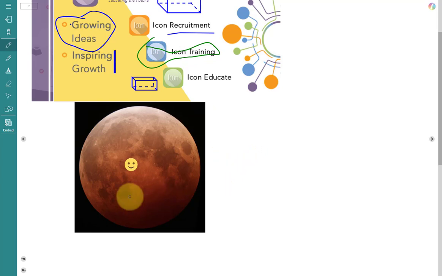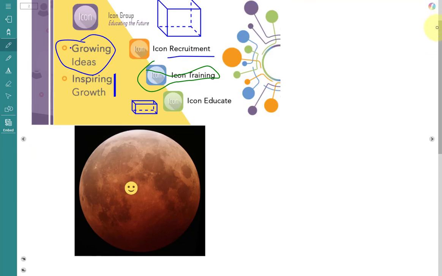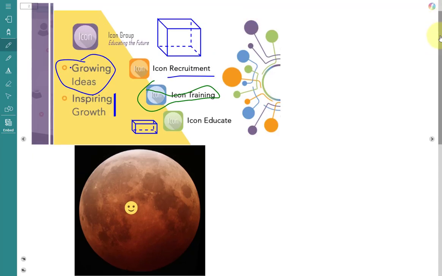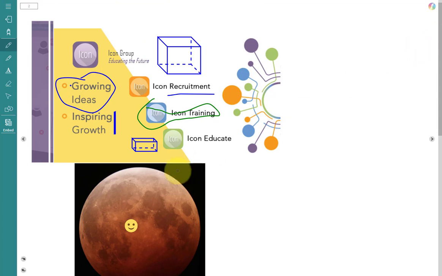I'm using a cursor. To the left and right is your page navigation. You can go from one page to the next page. And in the far right is the slider that allows you to go up and down. So those are some of the tools that you have. You have, again, your pen,